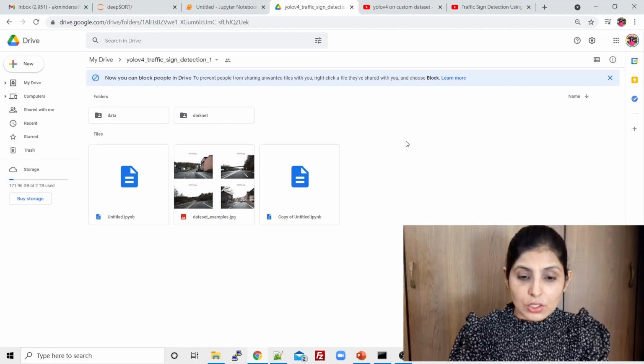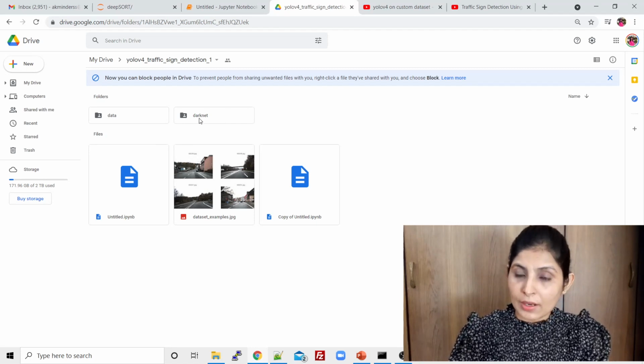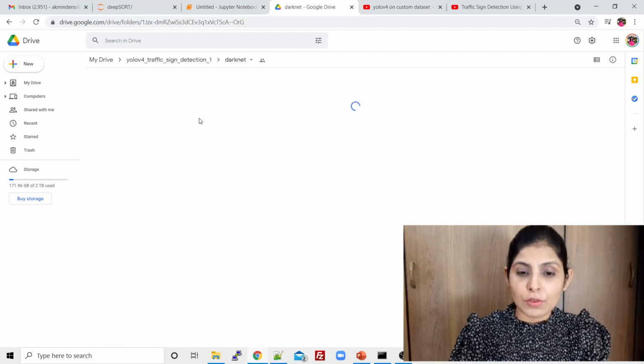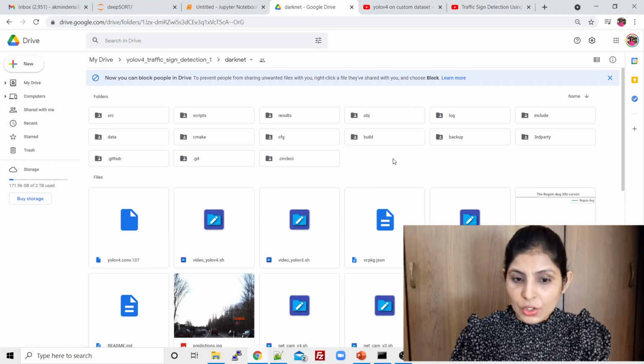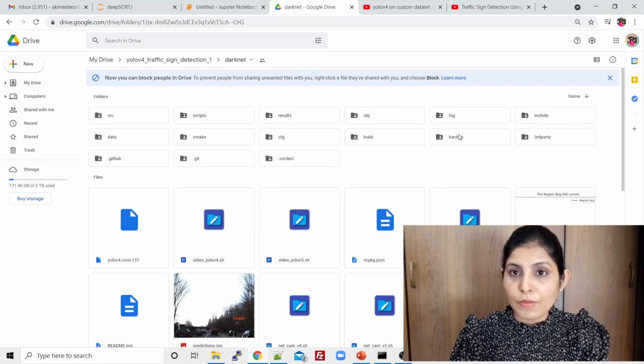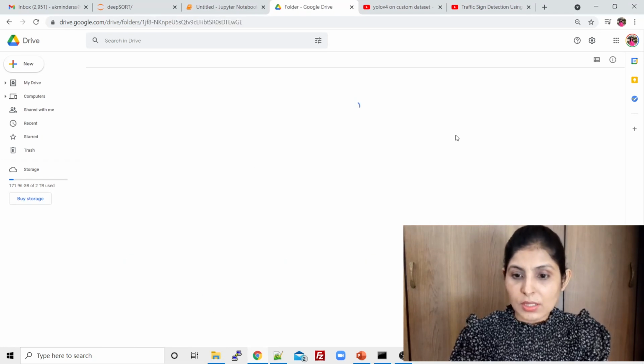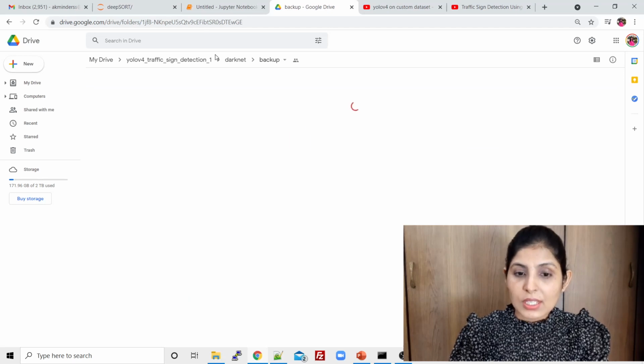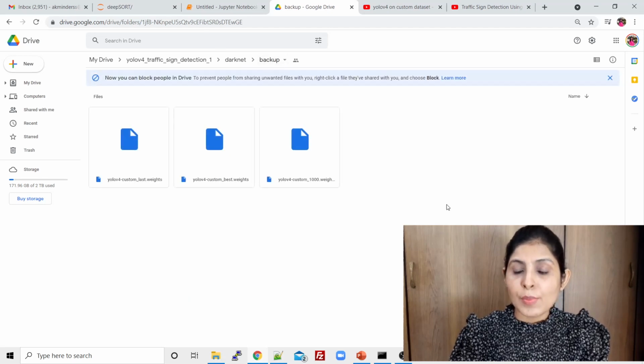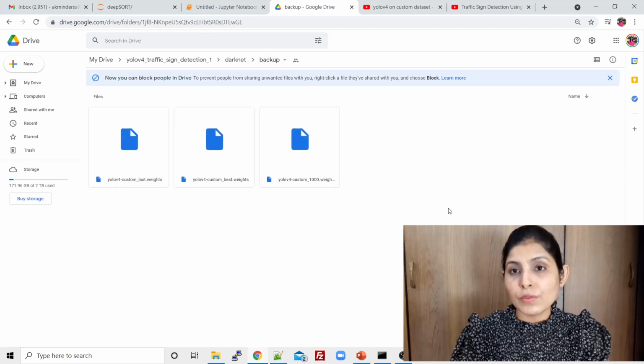Over here you have a folder with the name of darknet. Click on this darknet folder, and then you will get one folder with the name of backup. You have to click on this backup folder. See, in the darknet folder, under this backup folder, when you train your YOLO V4 algorithm, all your weights get stored over here.